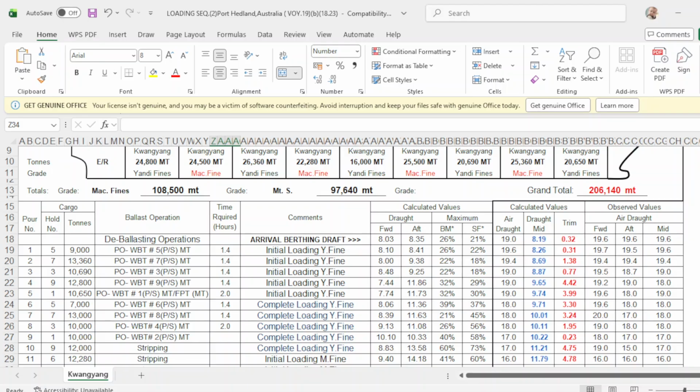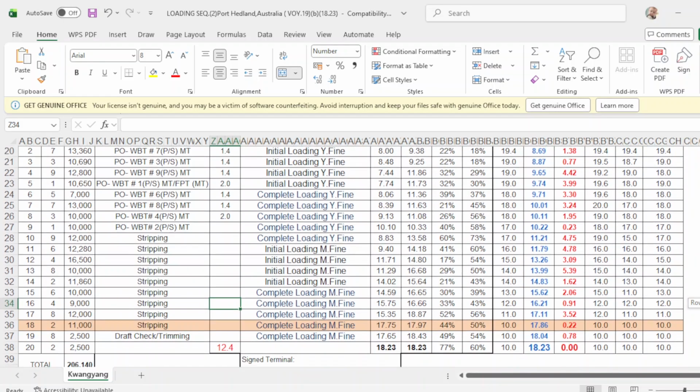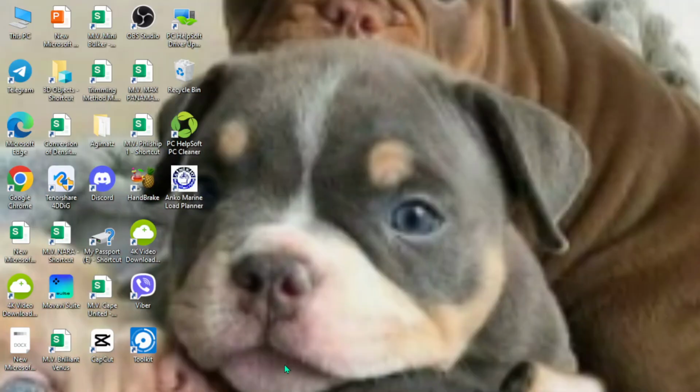Trim is 0. But in this presentation, we will concentrate on the total cargo to load of 206,140.